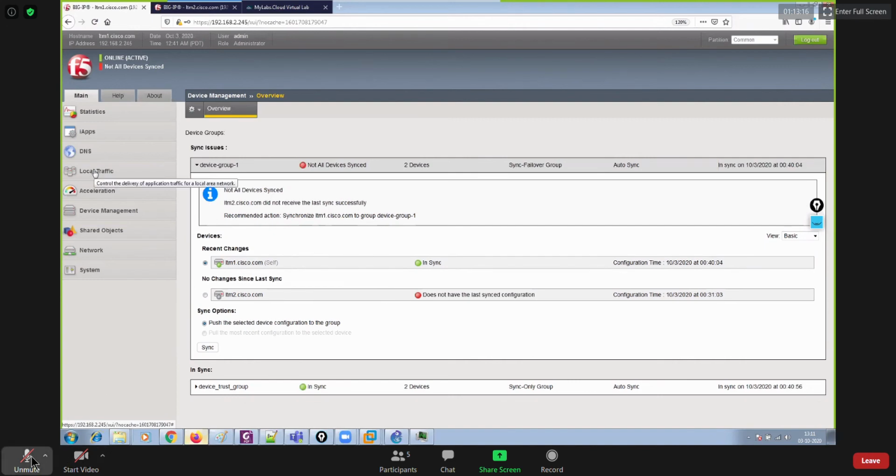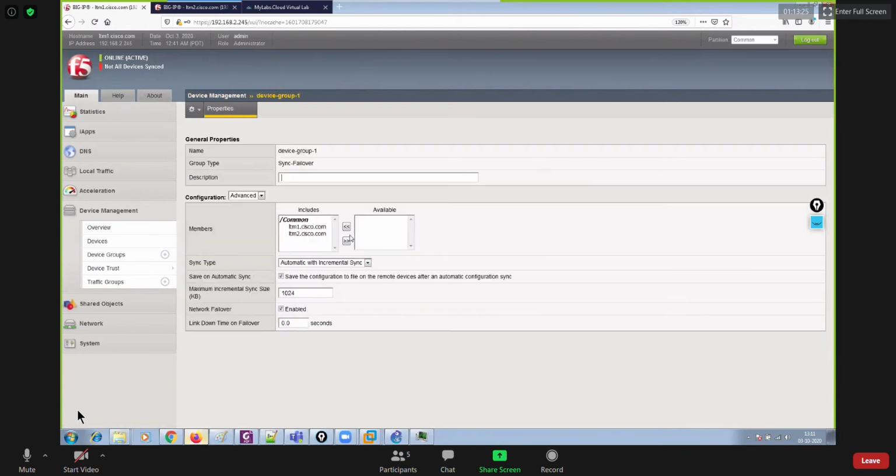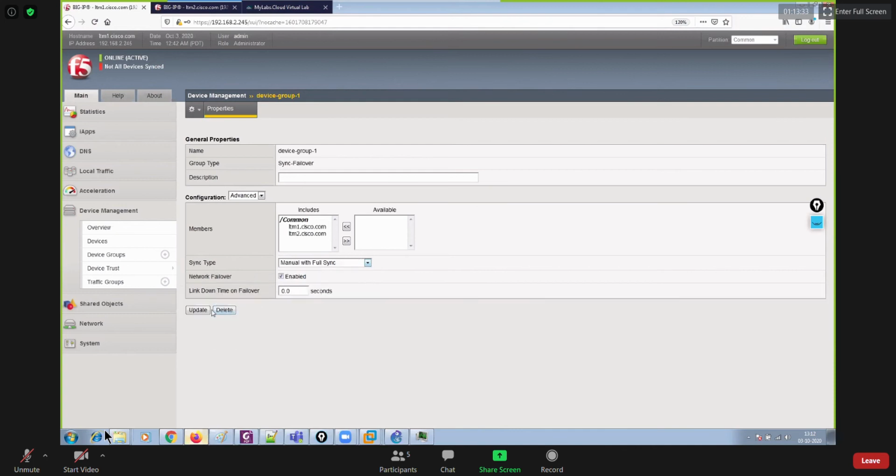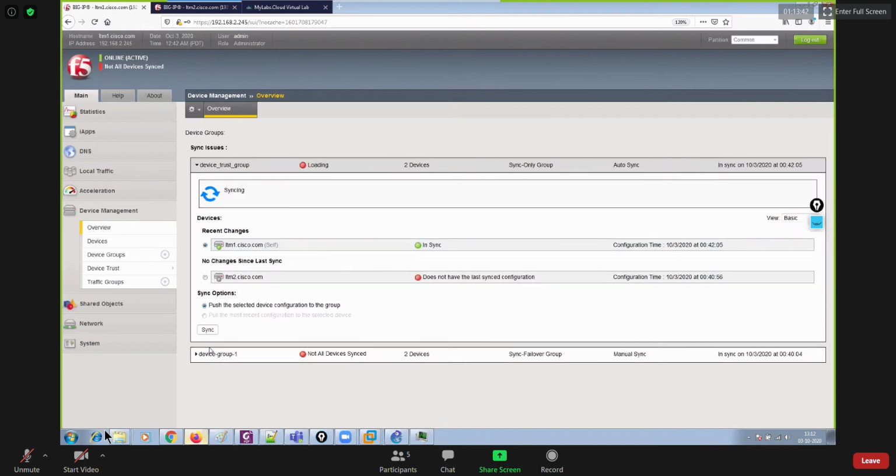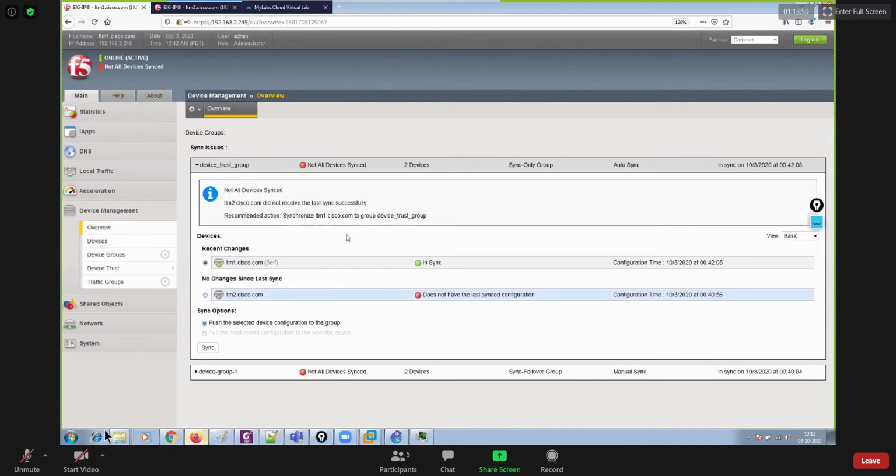I don't think so. I said automatic sync under device group. Let me go back and then overview. I have enabled manual and thereafter I'm syncing it again. It should sync now.